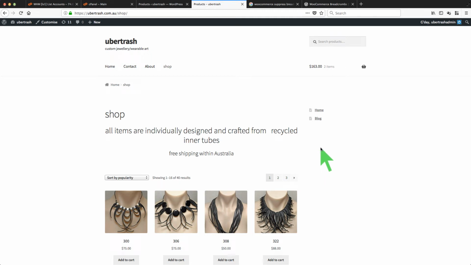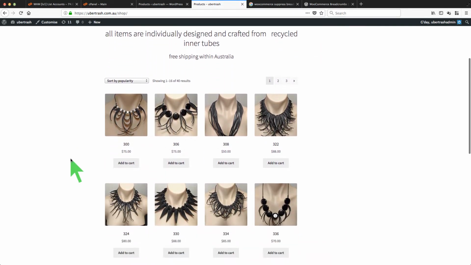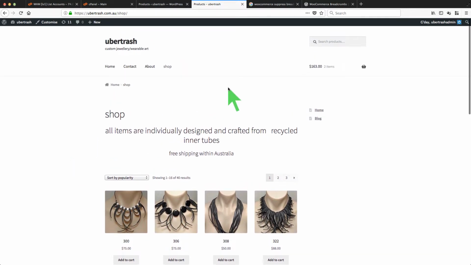In this short video I'm going to show a simple method for dividing or organizing an online shop into product categories. At the moment, as you can see on the Uber Trash custom jewelry wearable art website here, we've got the main shop page and all the products are listed on this page. And certainly people can search products here, but what we want to do is organize it so that as we add more products, such as necklaces, collars, other types of jewelry, we're going to use the categories feature of WordPress